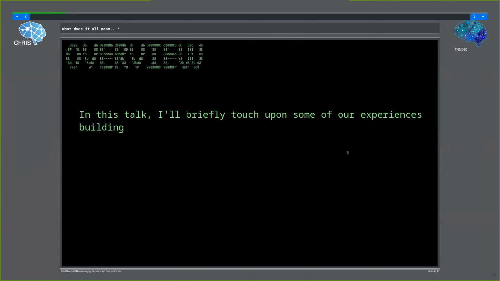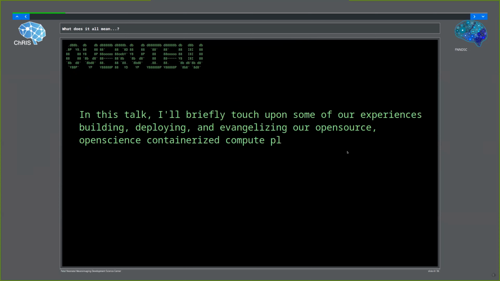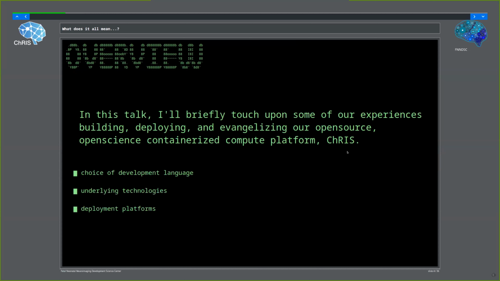Anyway, in this talk, I'm going to briefly touch upon some of our experiences and the choices we've made in developing this open source containerized compute platform that we call CHPC. I'll talk about the choice of our development language, the underlying technologies we decided to use, the deployment platforms, documentation, very much so DevOps and continuous integration, and very importantly, community.